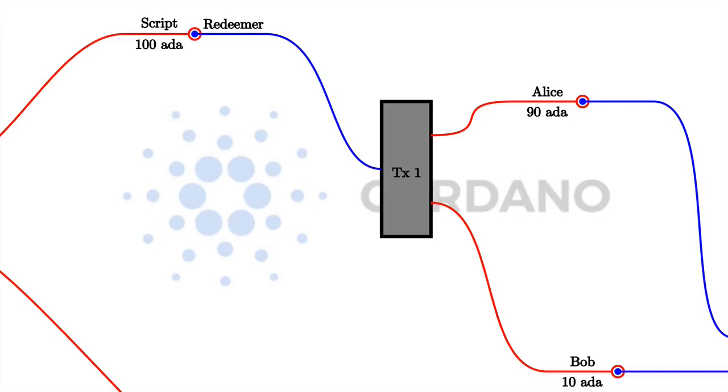There's one last ingredient that Plutus scripts need in order to be as powerful, as expressive as Ethereum scripts, and that is a so-called datum, which is a piece of data that can be associated with a UTXO in addition to the value. So at a script address, like in this example, in addition to this 100 ADA value, there can be an arbitrary piece of data attached, which we call datum.